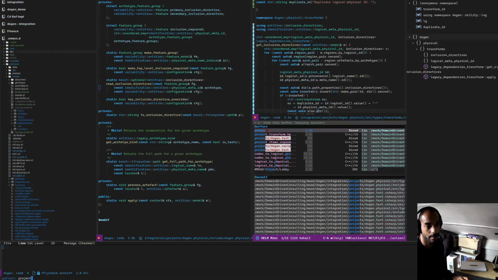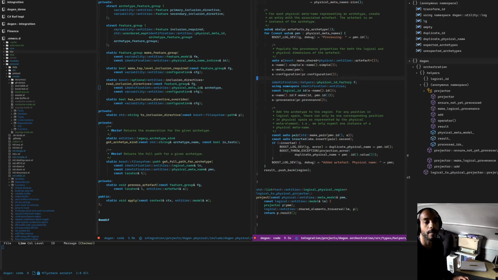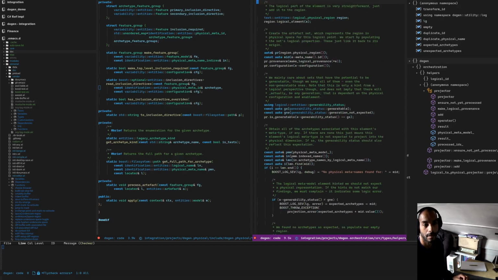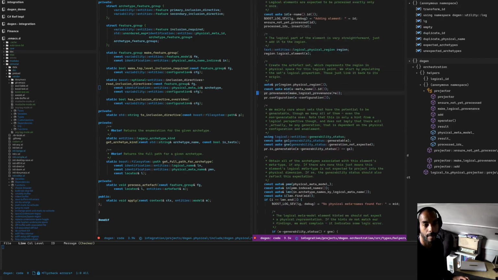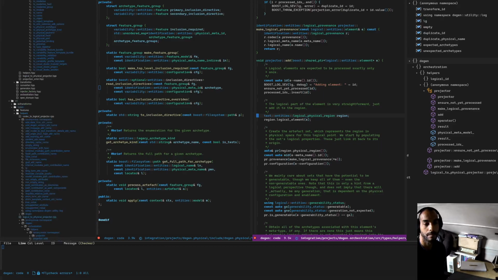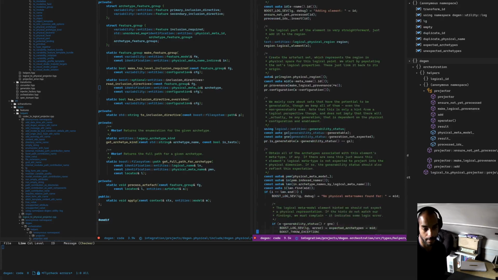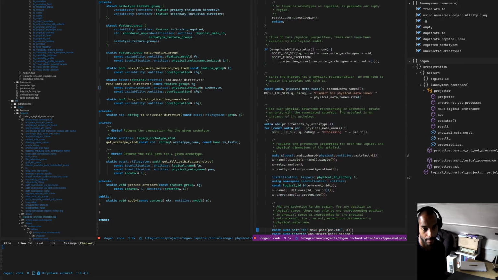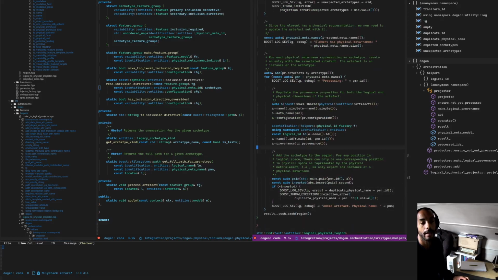So we must have a projector somewhere, a logical to physical projector. This guy here will be generating things like the provenance. Here we are. And the name will be around here somewhere as well. Processed IDs. So we're about to create a region. The region has a provenance. At some point here we'll create an artifact. And there we are. The artifact has an ID, a provenance, and here,